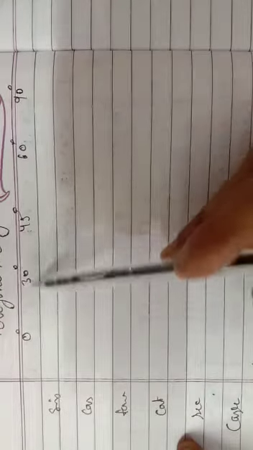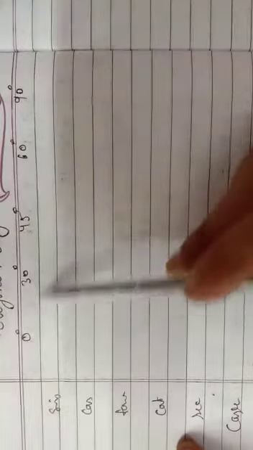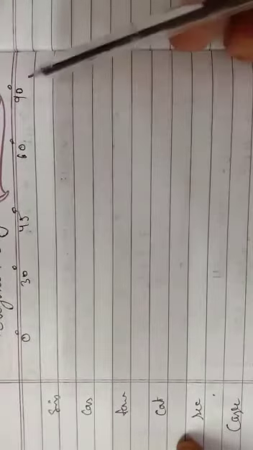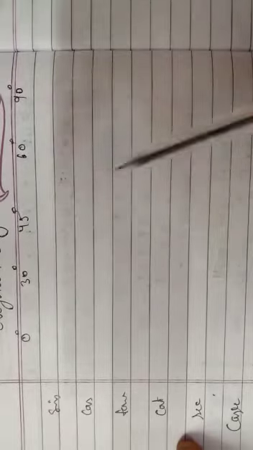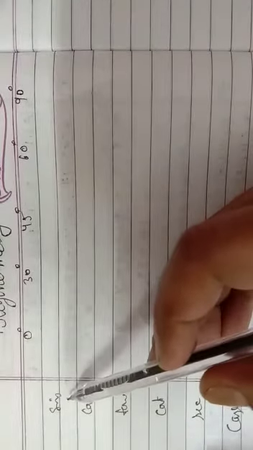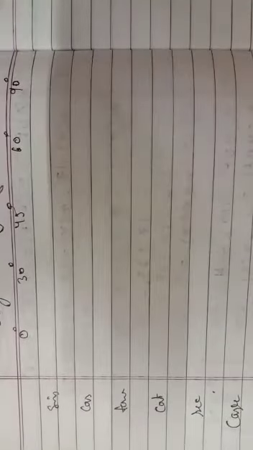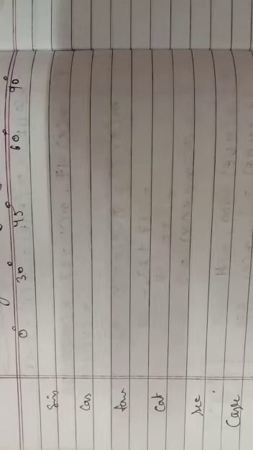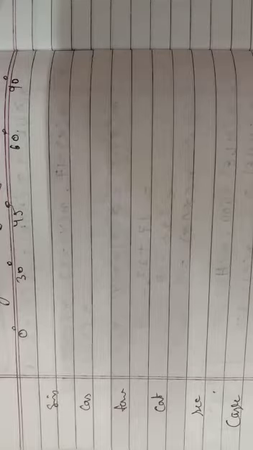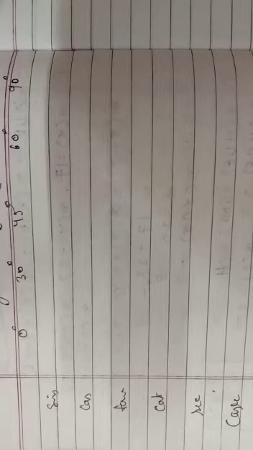You will write 0, 1, 2, 3, 4, then divide all by 4 and take the under root and then simplify, then you will get the value. Most of the time maybe you have learned all the things, because in class 11th you are a student of mathematics, not biology. So the expectation from you is that you know these values very well.